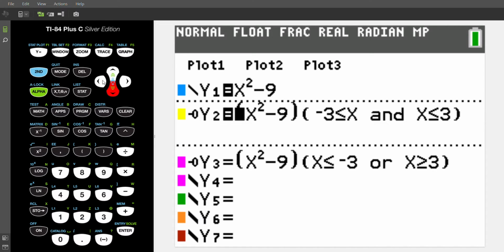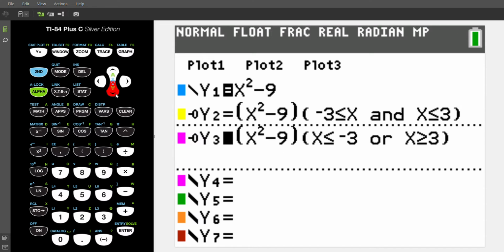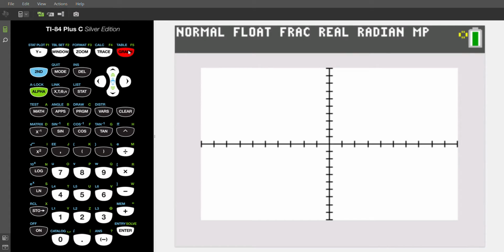I'm going to go in here and actually turn off the negative and actually look at where the function's positive. I'm going to shade that in kind of a magenta pink color here. And working from left to right again, we're going to kind of see where the function's positive. So as we come into the picture from left to right, this branch of the parabola has positive y